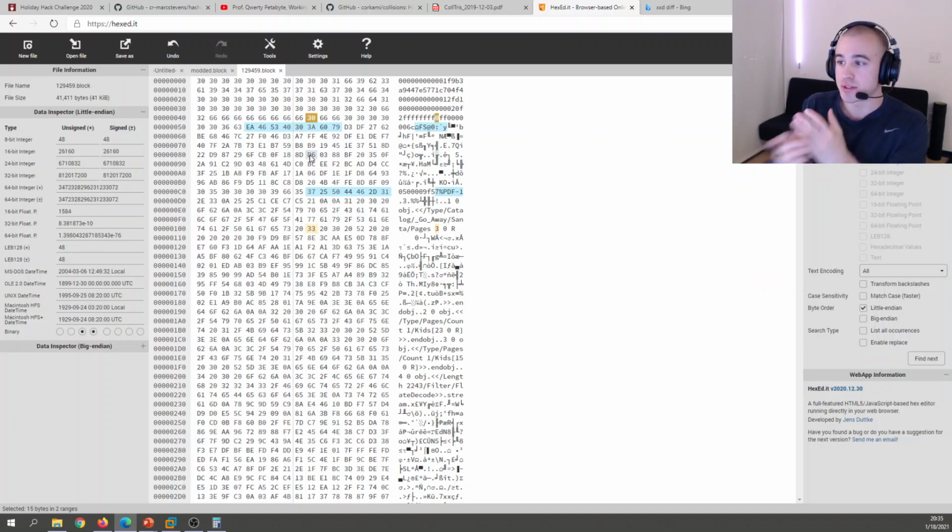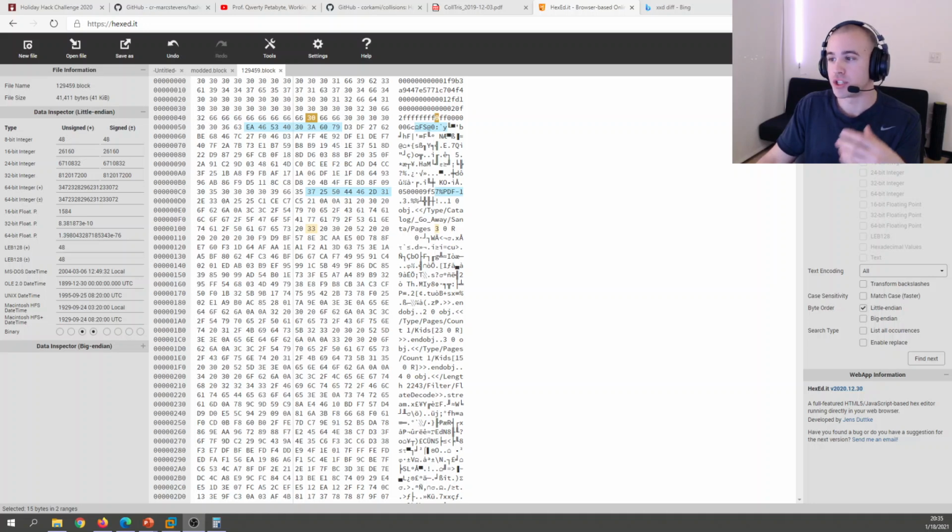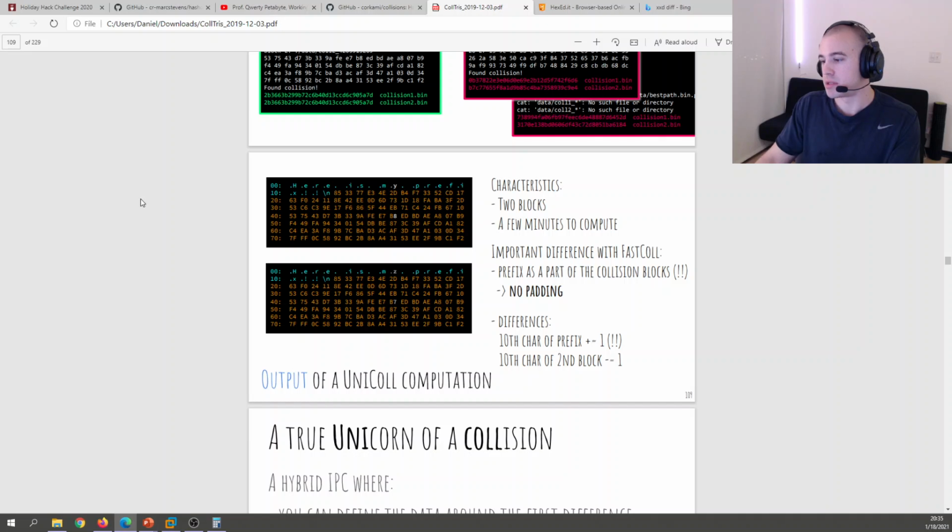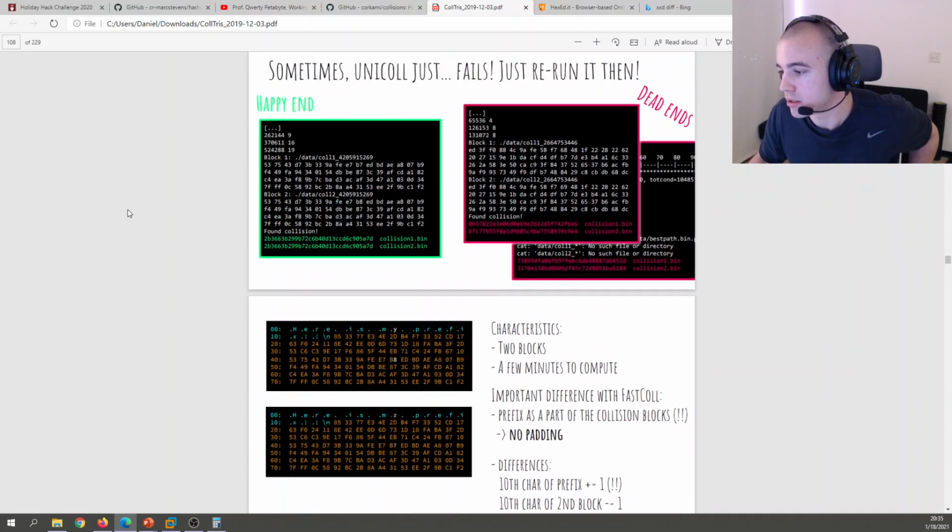Now, if we were to save this out to a block and think, hey, this is our original, and try to take an MD5 hash of it, we'll notice that it's actually not the same, and there is no collision going on. So we need to figure out a way with these two changed bytes to change 2 more bytes to make this essentially clash with the previously modified block. So we were tipped off that this uses the unicoll type